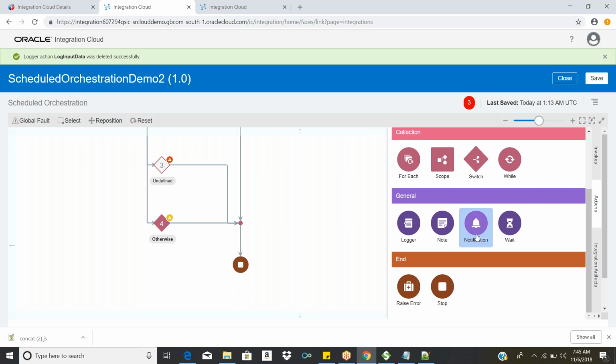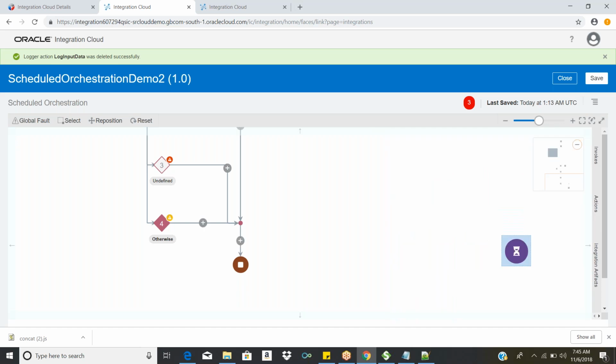Let's complete the wait activity. The wait activity is for when the flow calls some service, you have invoked the service and got a response back. After you get the response, if you want to wait for 15 or 20 minutes, or the integration needs to wait 10 minutes in order to call another service, just use the wait activity.